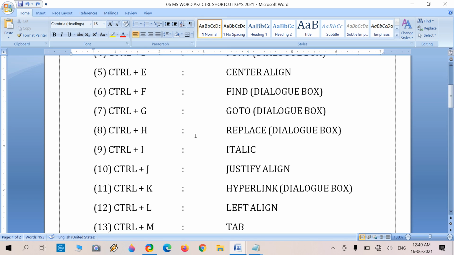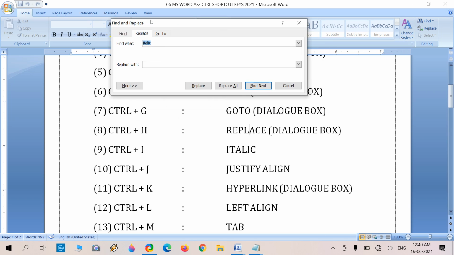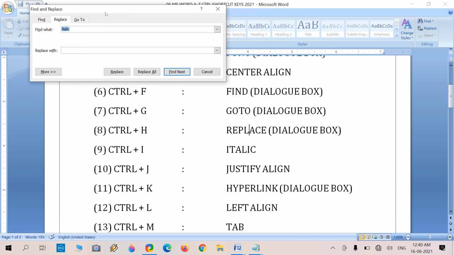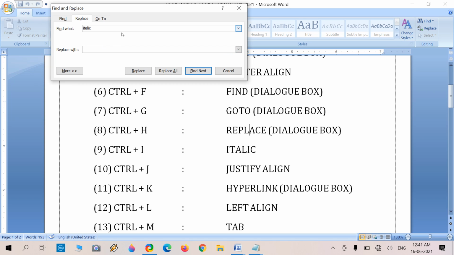Move on to next, it is Replace, Control H. Okay, there are 2 text boxes in one dialog box. If you have to change, first you need to find and then you need to change any specific word to another word, like there is the find word italic and replace with copy.